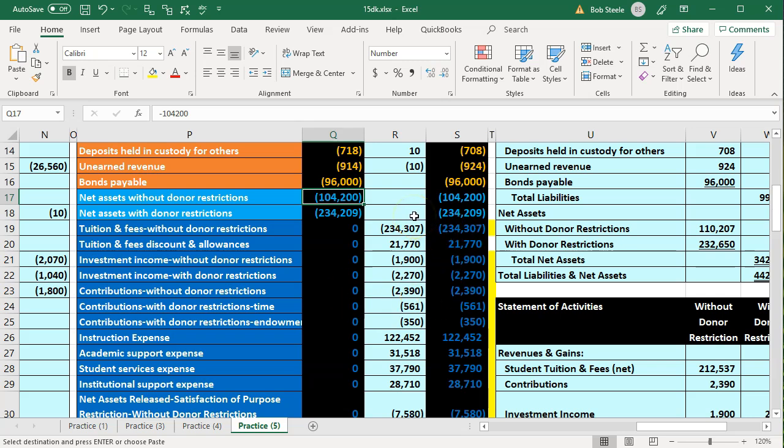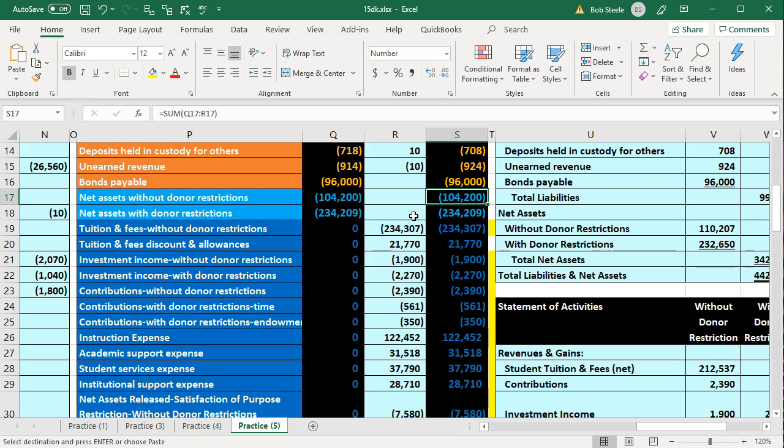Typically, even more so for a not-for-profit than in a for-profit, which may be adjusted for something like investments, these two accounts don't have activity to them. So in our trial balance, although they're on the ending trial balance, they are really the beginning numbers, because there hasn't been any activity to them until we close out